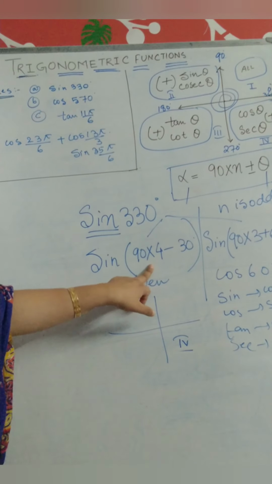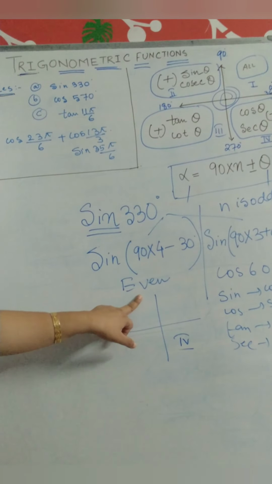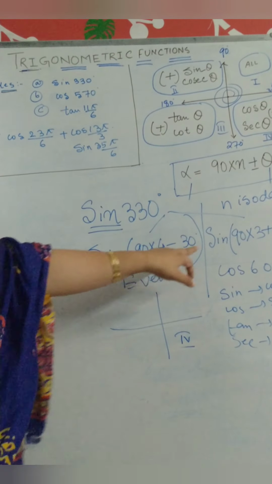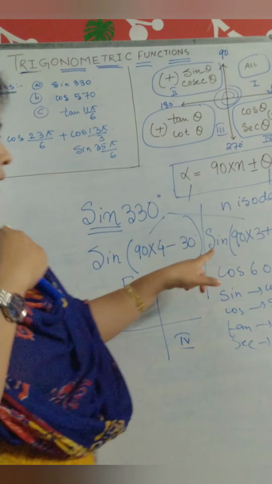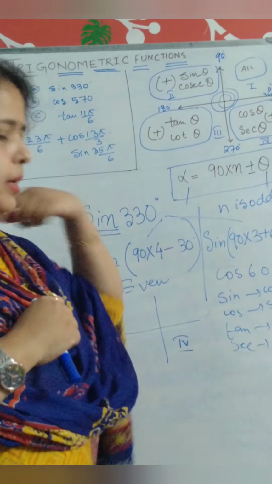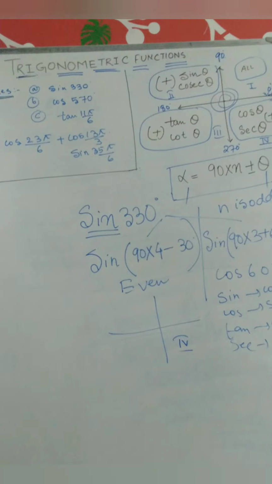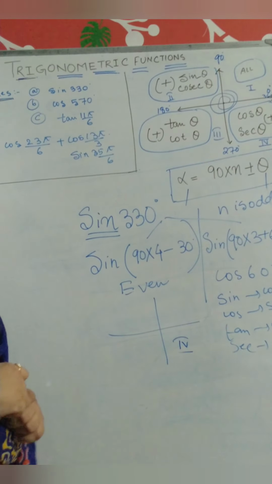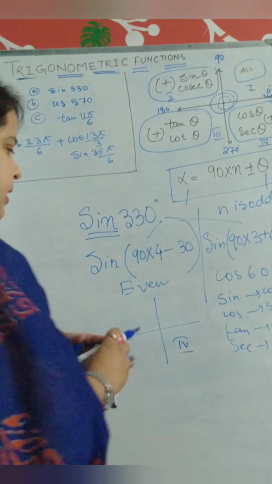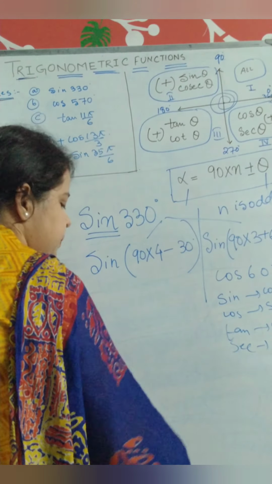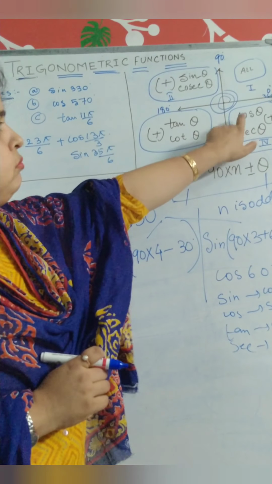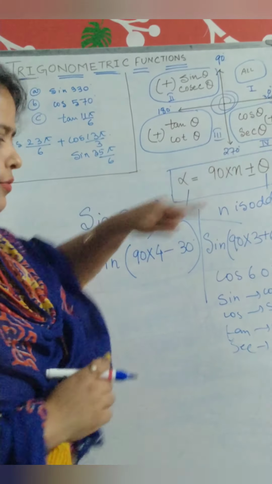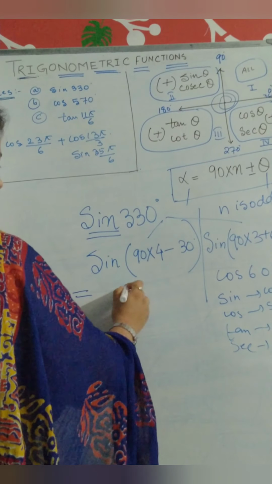If it is 19 to 4, then we will be calculating it as even one, and sine will remain sine, and for 19 to odd, it will be turning to the complementary angle. Now the second thing, this is in the fourth quadrant. Fourth quadrant, the behavior of sine. In the fourth quadrant, sine is negative. So I'm going to write